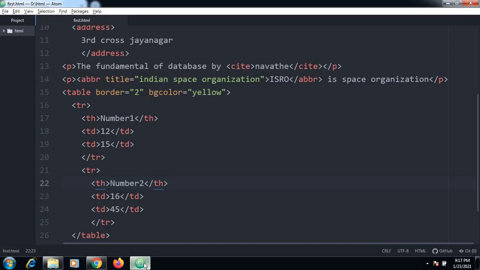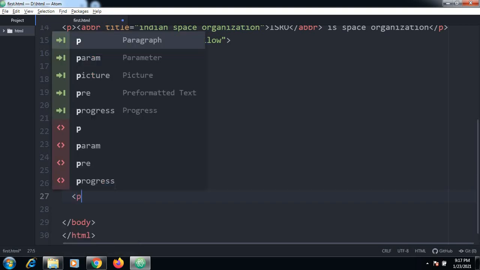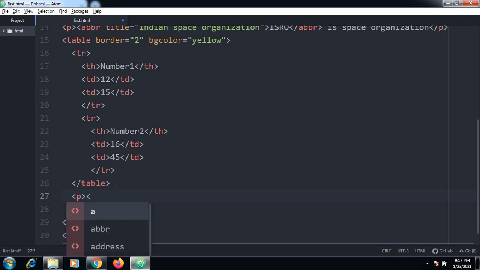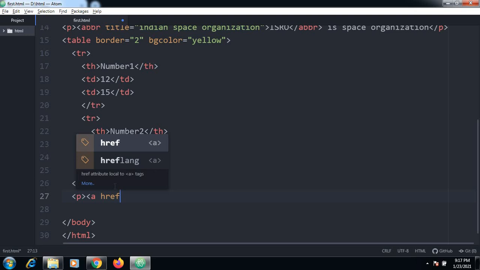So how to create the links? Try to understand how to create the links. This is by using the href. We can say like a p tag. Inside the p tag I can write href is equal to, and what happens if I click the link? It will go to some particular website.